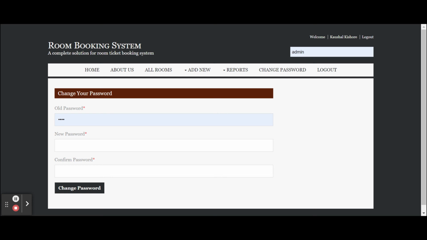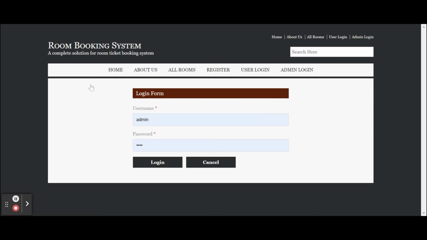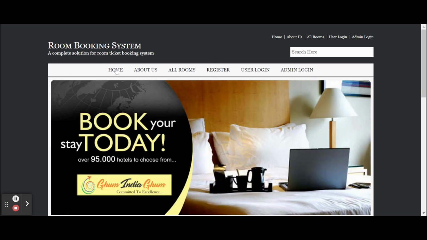Customer has limited options. So you can see the above menus are changing according to the session. After logging out, you are not able to perform any type of administrative operations, right? So all these functionalities I have developed inside this room booking system, or you can say hotel room booking system. And as I told you earlier, this is an ASP C Sharp and MySQL based project, and I'm using Visual Studio 2019 for developing this project.